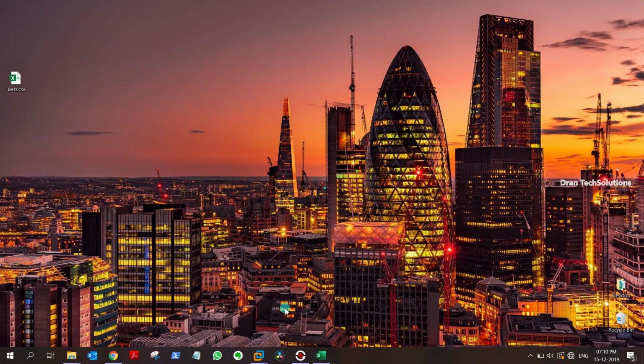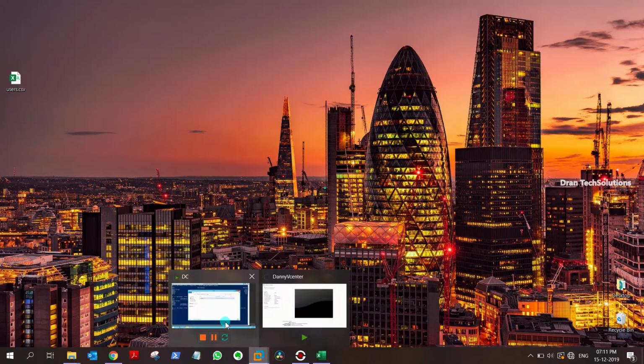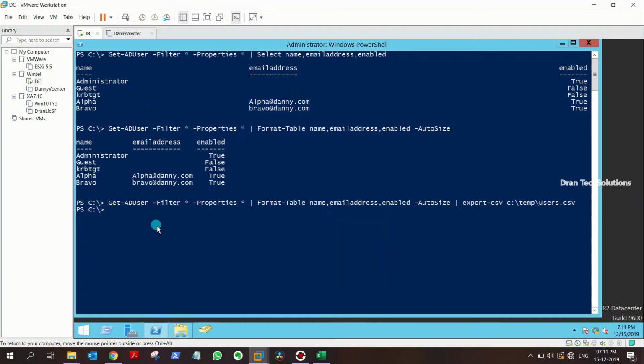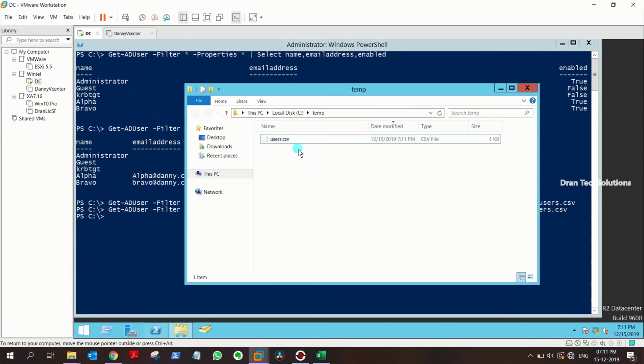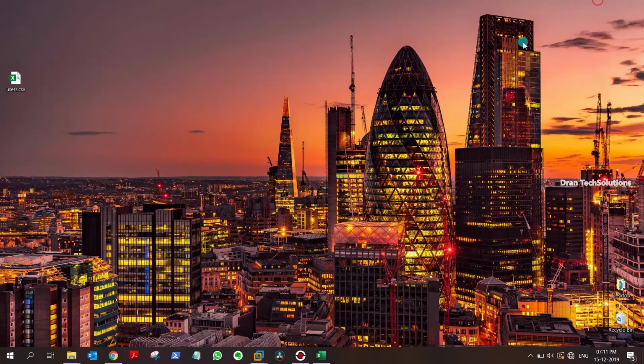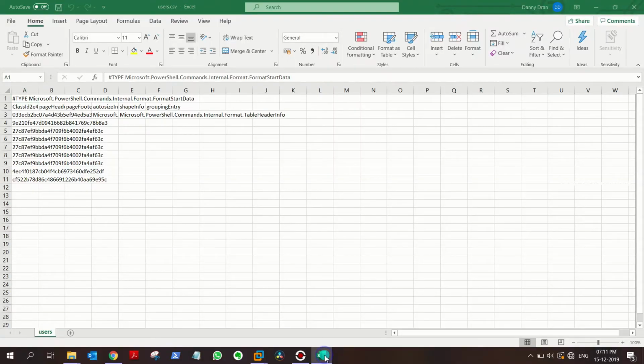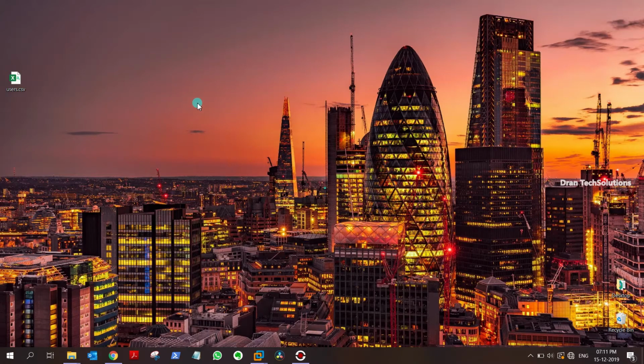So that's the problem with export. Whenever we are using Format-Table with Export-CSV, there will be a problem like this, and there are two ways that we can fix it. The first thing, instead of using Export-CSV, you can use Out-File. Let's go back, take the new file, close this, replace it, and if we open it,